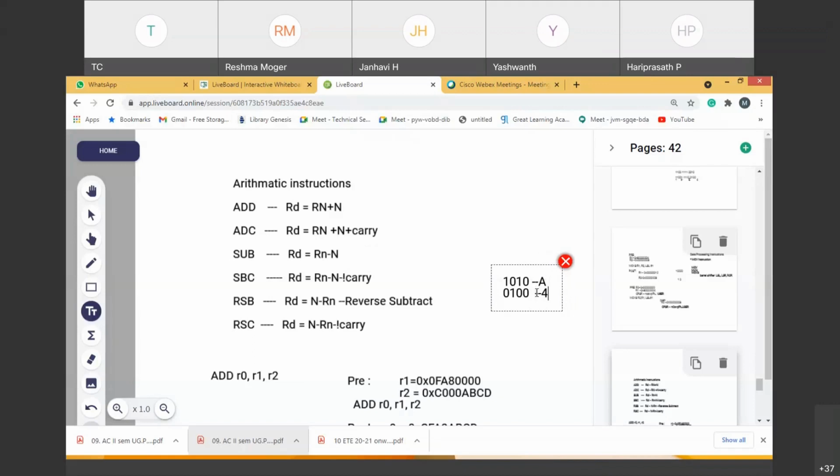Since I have taken a simple example, you should be able to take any values and check the values. There might be changes in the value, and a carry may come out of the result. How the carry is considered, we'll also see with one instruction. So let's say add: when I do 0, you are starting with the LSB, 0, 1, 1, 0. It means the result will be 1, 1, 0.